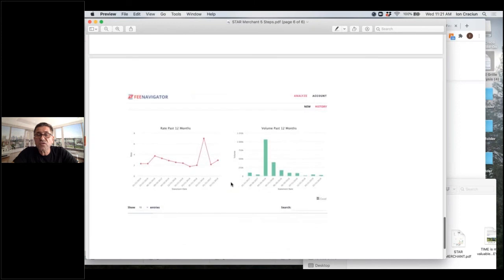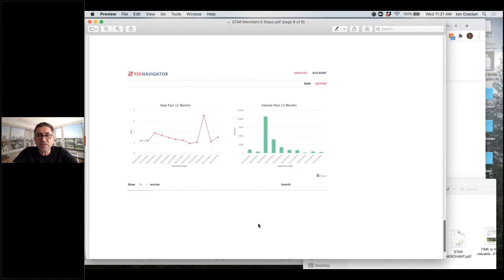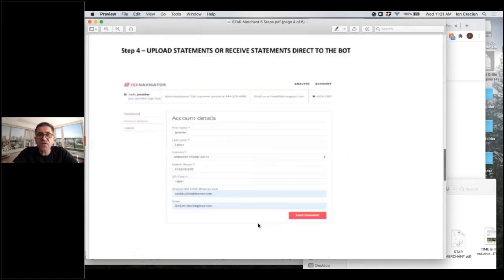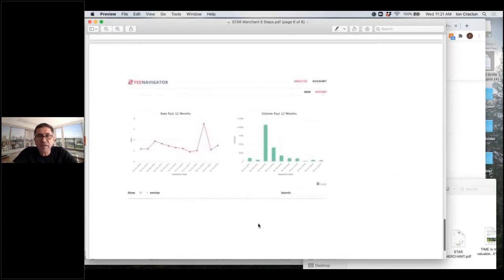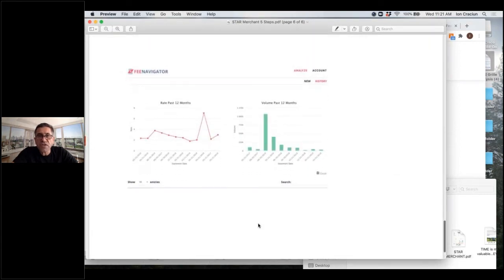They'll actually go to the Navigator account that they have and see the rate tracker of their account, the past 12 months volume, and all their statements are actually listed here for them to see and go back to anytime they want. So this is how the Star Plan helps you generate more business and bring back merchants that you lost,